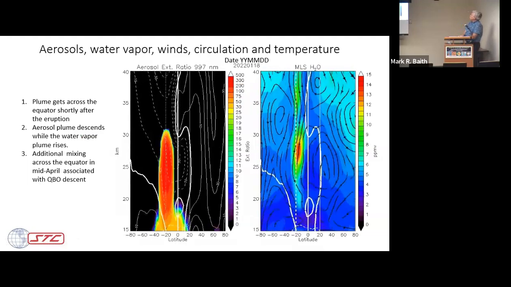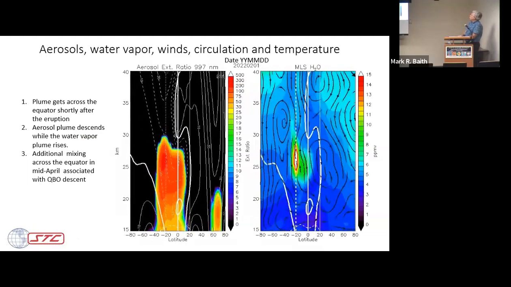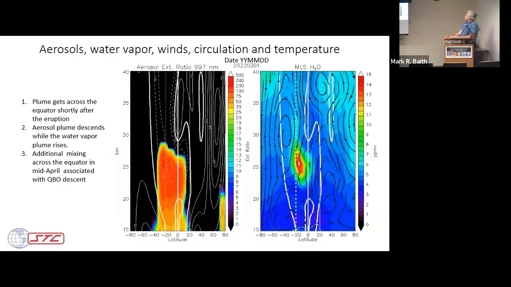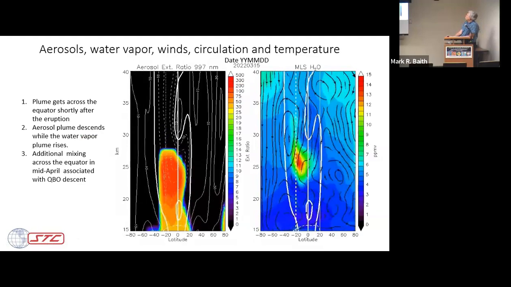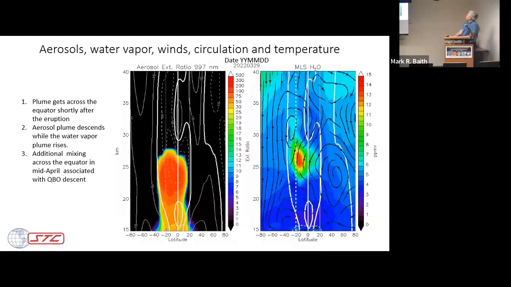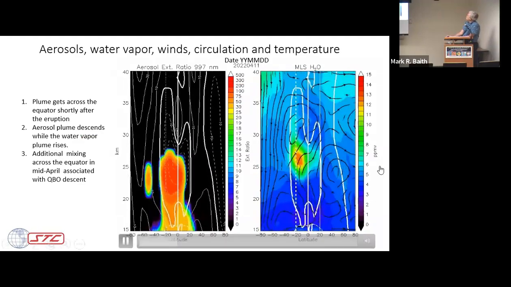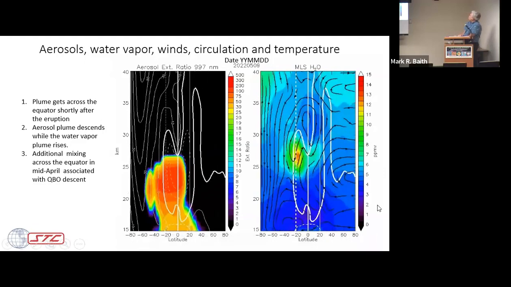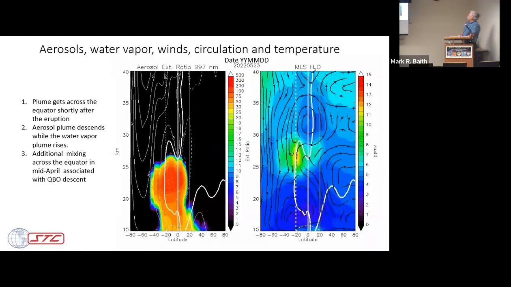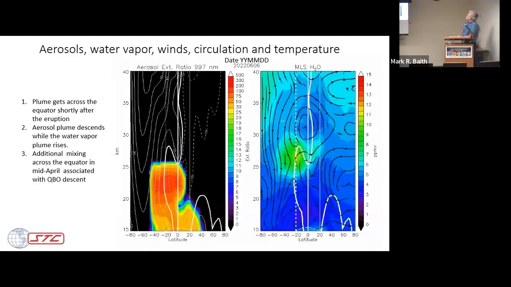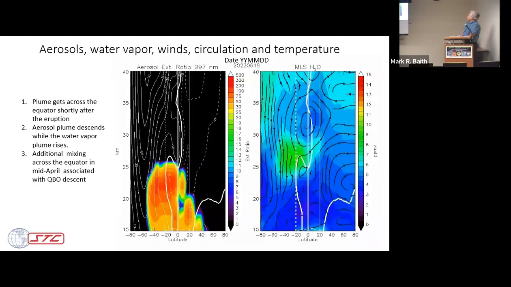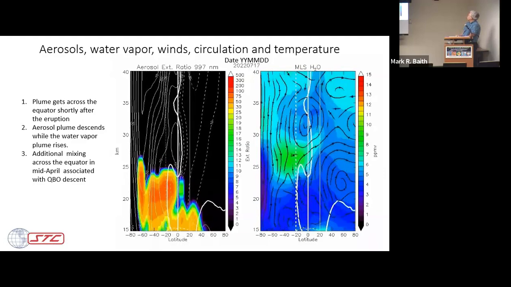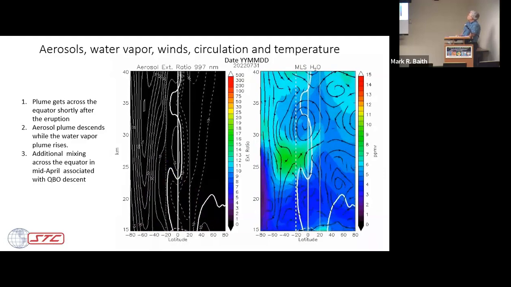And guess what happened? Boom, there's the volcano. And you can see the water vapor, the aerosol spreading out across the equator almost instantly. And the water vapor plume is starting to move out. And you see the westerlies descending here, right here, as a QBO. And it looks like it's sort of splitting the water vapor in half as it descends out. And then the water vapor relaxes a little bit. And then it goes down and it seems to sort of split the aerosol distribution in half as it descends. And then the water vapor spreading.